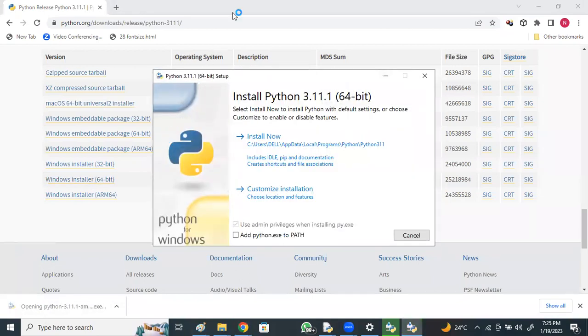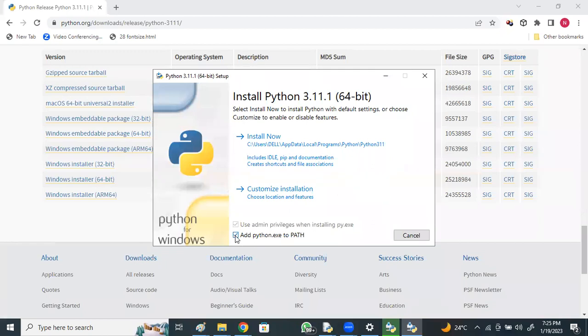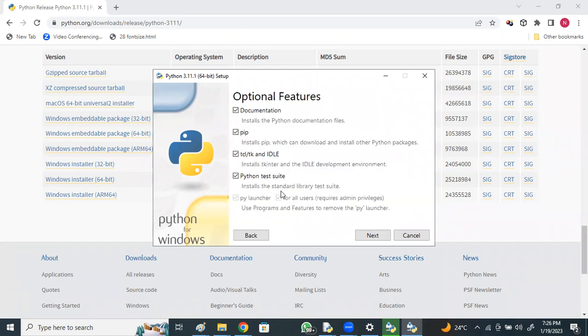You will get this window. Don't immediately go for installation. At the bottom, you can see Add Python to PATH. Just check this; that is enough. It adds python.exe to the PATH variable of the OS. Now go for Customize installation. You can see the documentation of Python and pip. There is nothing to select here; everything is pre-selected. Say next.